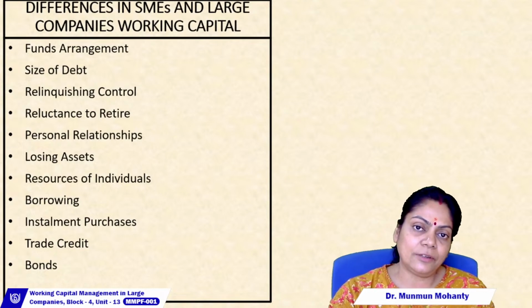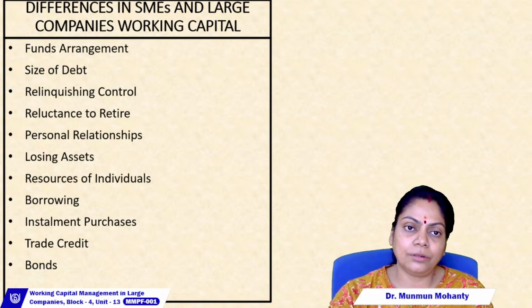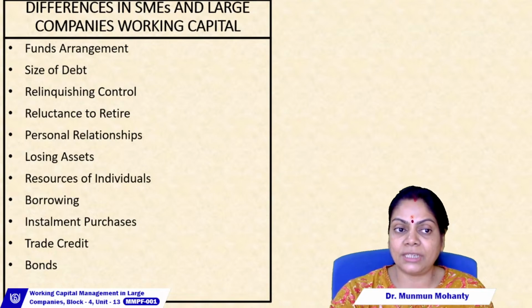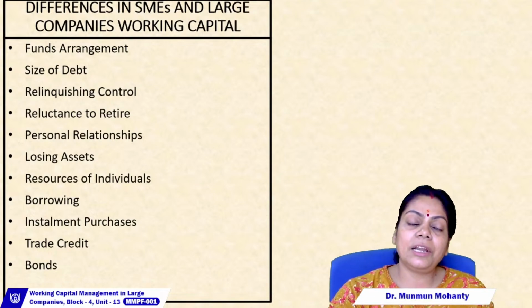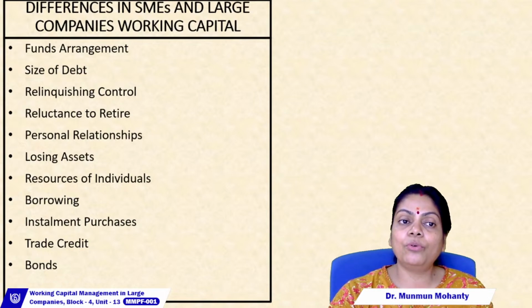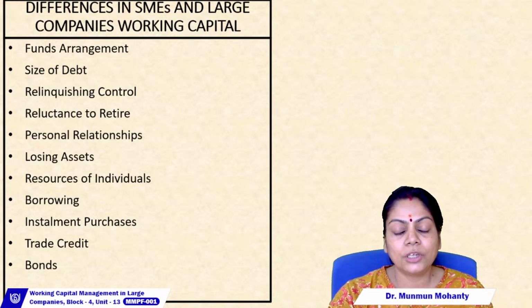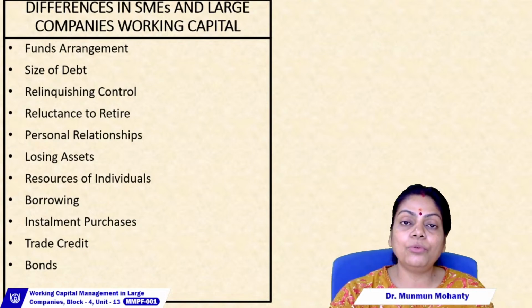But imagine the case of a small and medium enterprise, where your capital assets are smaller in size. Out of that, if you are going to give one or two as collateral, then obviously it is going to be difficult for the small and medium company to operate.